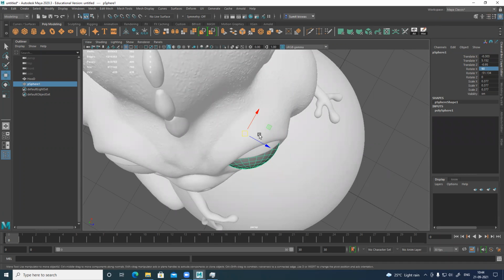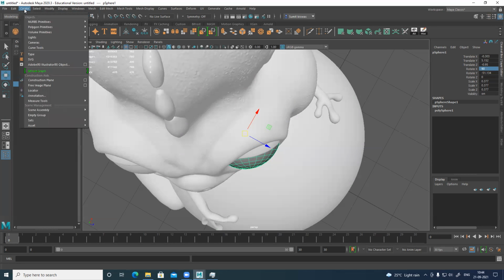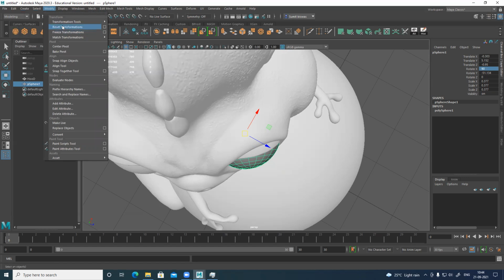How to add those? Okay, any shortcut you want to add. Let's see, I have history, right? Okay, let's use modify, reset transform, freeze transform. Control and shift held together and click on that. Generated, freeze, generated. Zero, zero, zero. By default it's there already. This is your center pivot, right? Even if you want to create a pivot, it's there. Control shift, click.